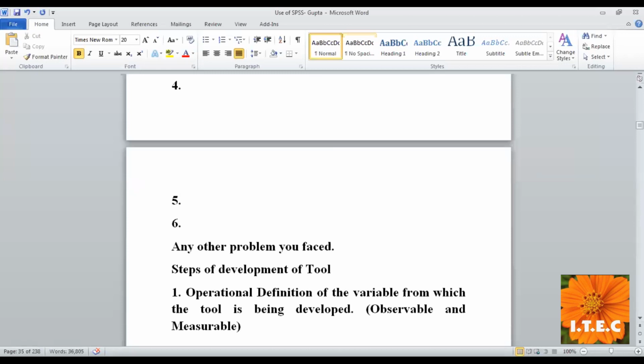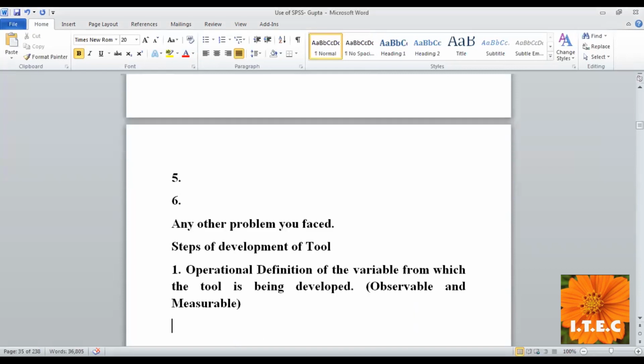So when you are giving the definition of the variable in observable and measurable terms, Divya, I have said why it is called operational definition. I am giving you that reason only, observable and measurable. So suppose I tell you like this,